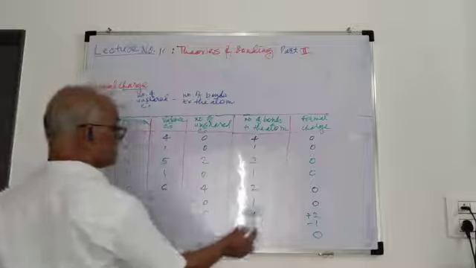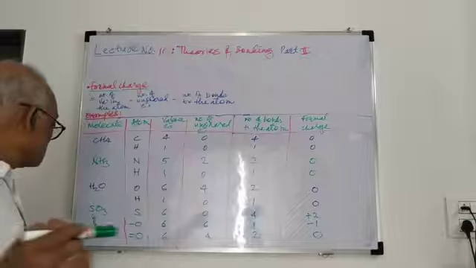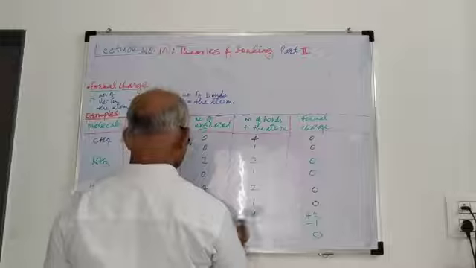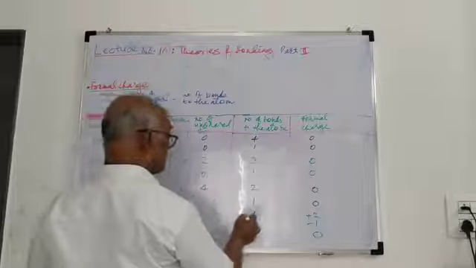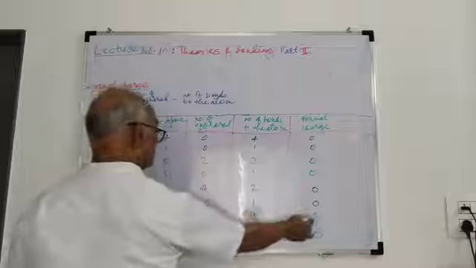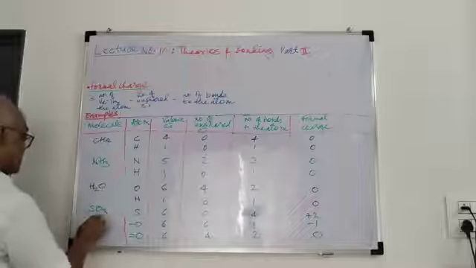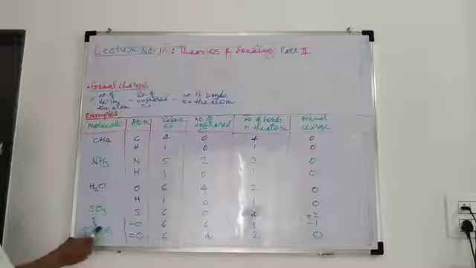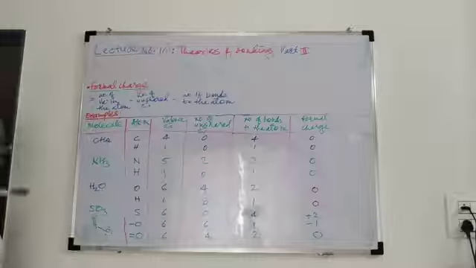So total 4 bonds are there of sulfur to other atoms, that is oxygen. So if we count the formal charge, 6 minus 0 minus 4 is plus 2. Okay. Now there are 2 types of oxygens. One oxygen is with single bond, and there are 2 such oxygens, and one oxygen with double bond.